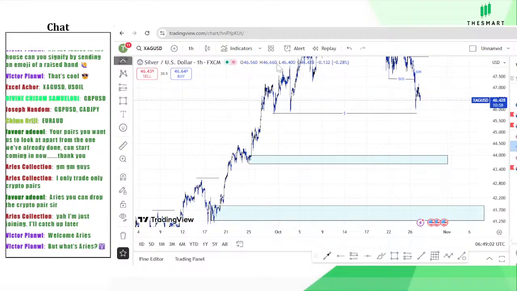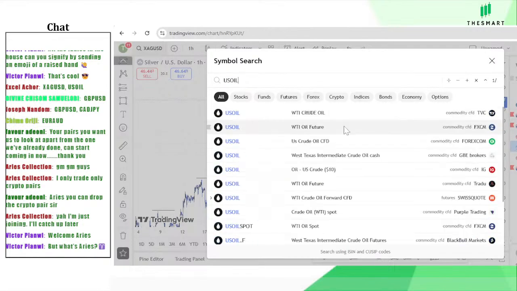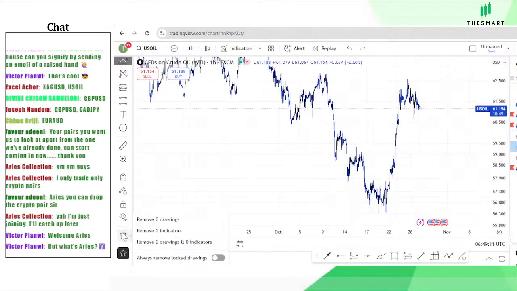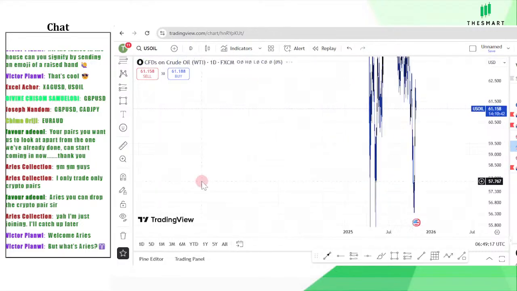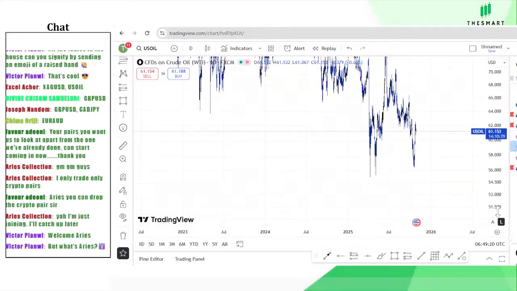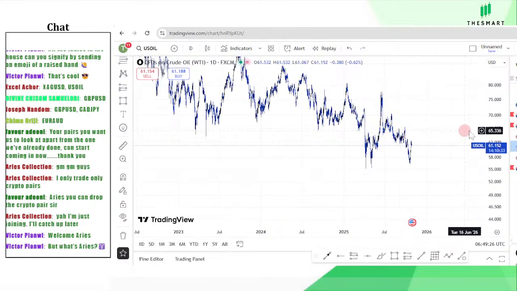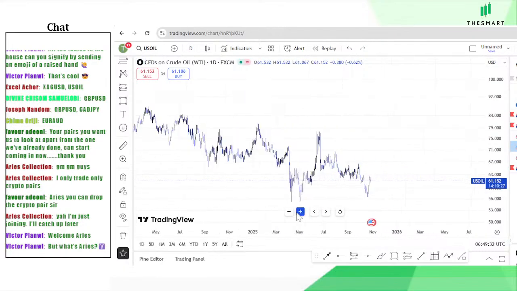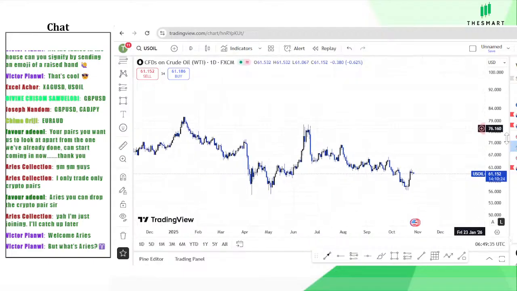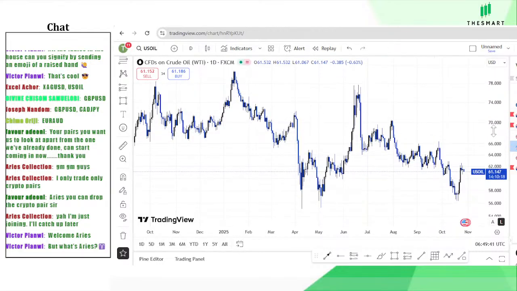The next pair is US oil. US oil. All right, so looking at the immediate price action,